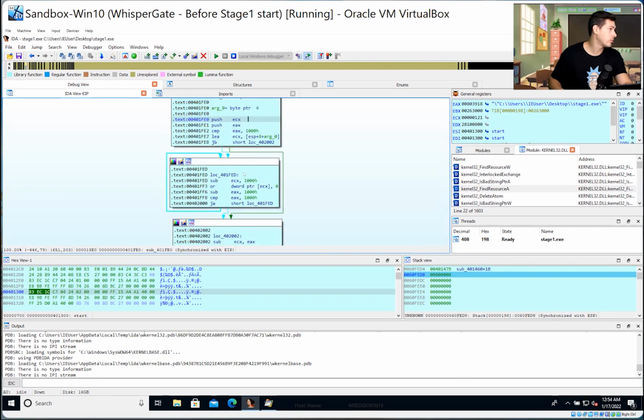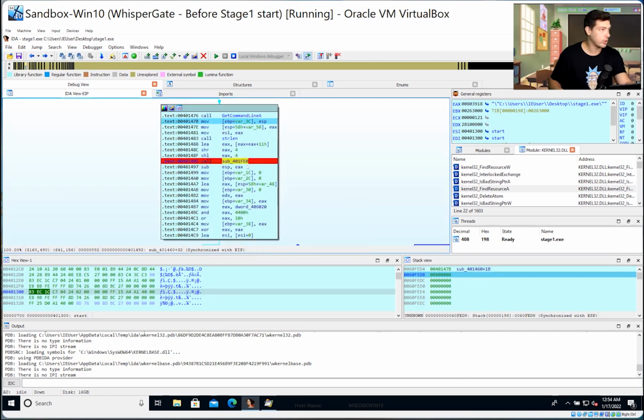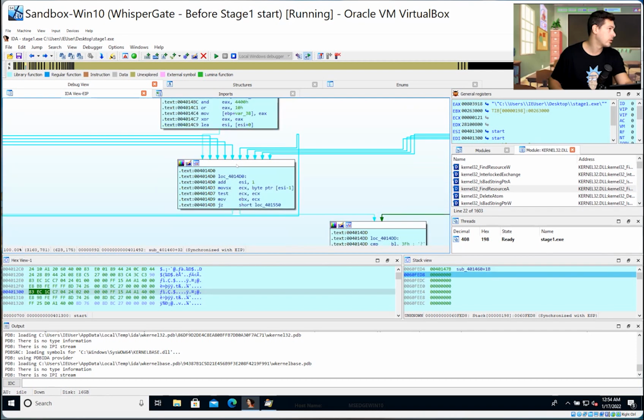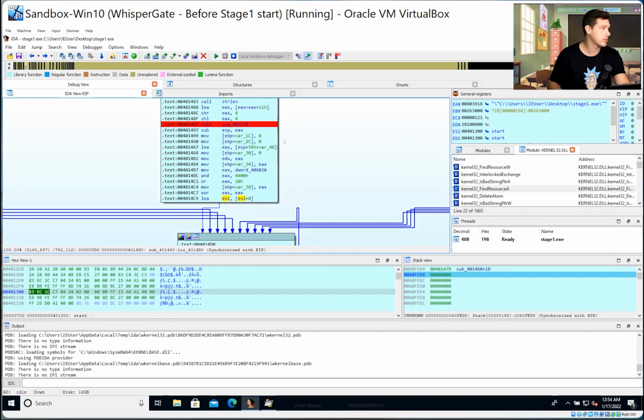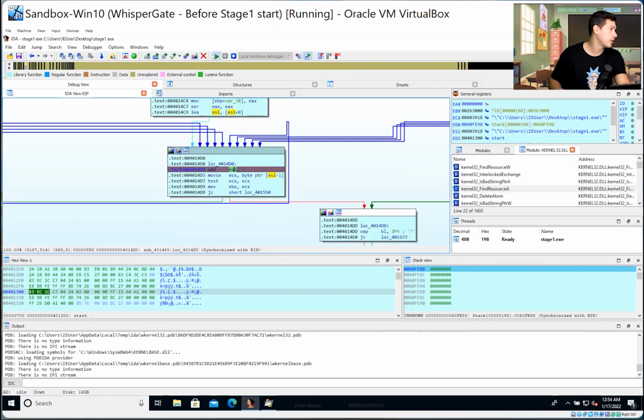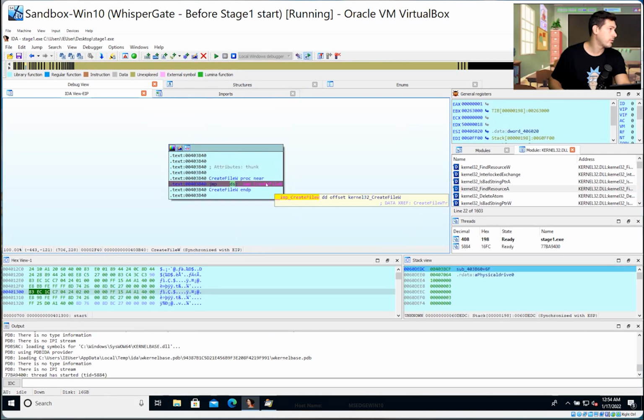By the way, we can also set breakpoints here, just in any case. But let's run it to find another. There is a loop. We don't need a breakpoint here. CreateFile. That's interesting. There is a path passed to the function, and this path is to PhysicalDrive0, and this is a return address. So when you call the function,